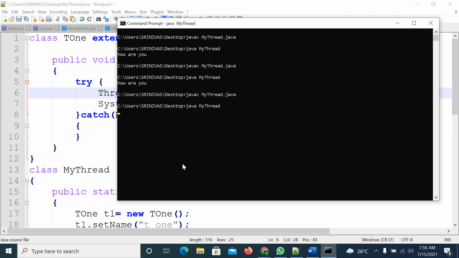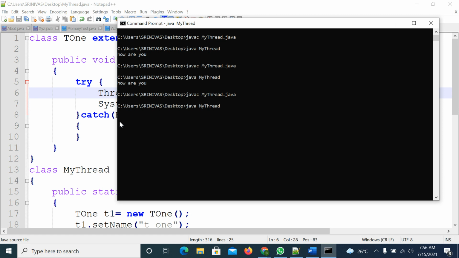It is taking too much time to print that line. Suppose the thread is in waiting state, it keeps on waiting until it reaches that 1 lakh milliseconds. Now in this case, if you want to interrupt this thread, don't wait that much time.